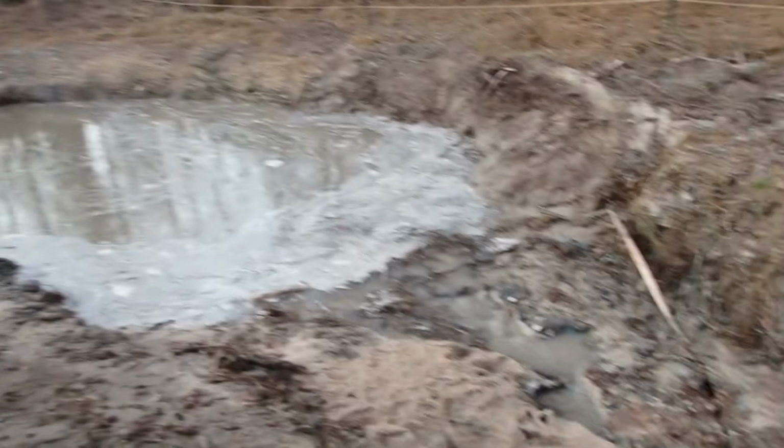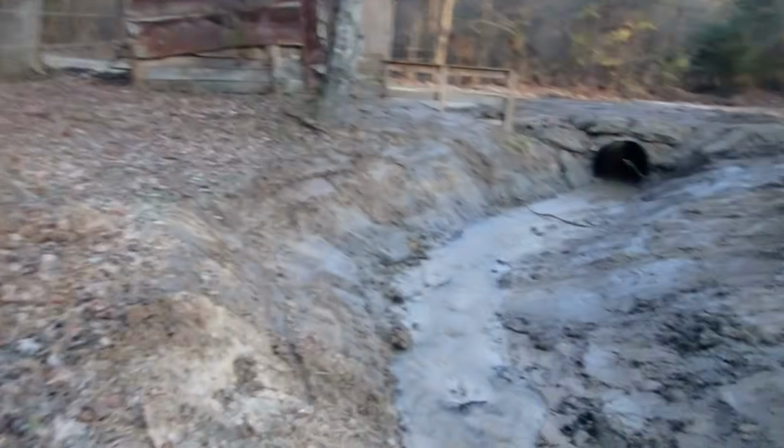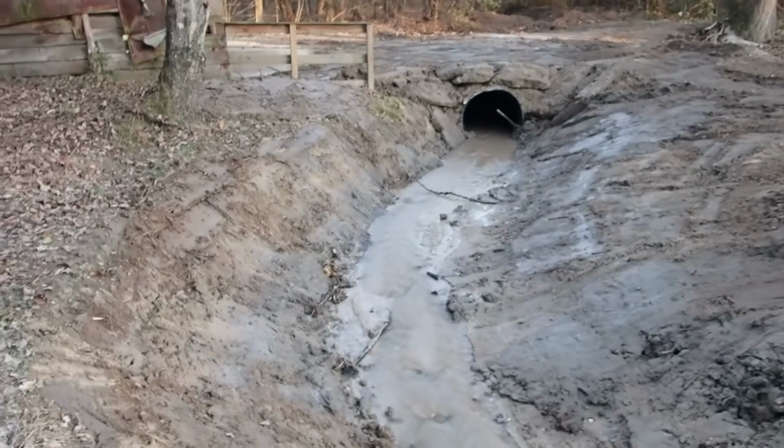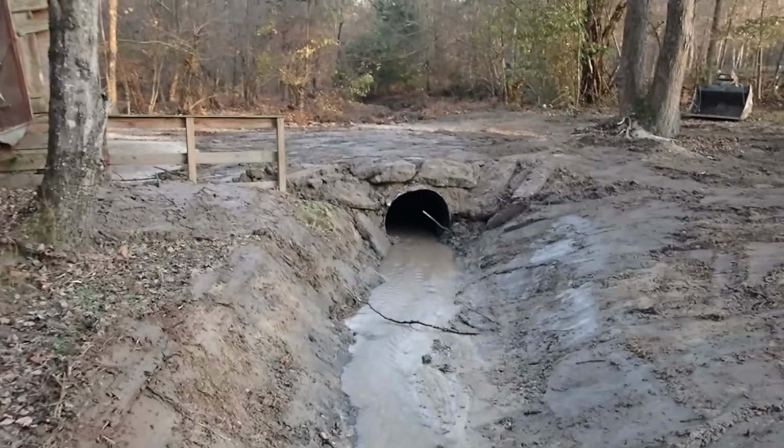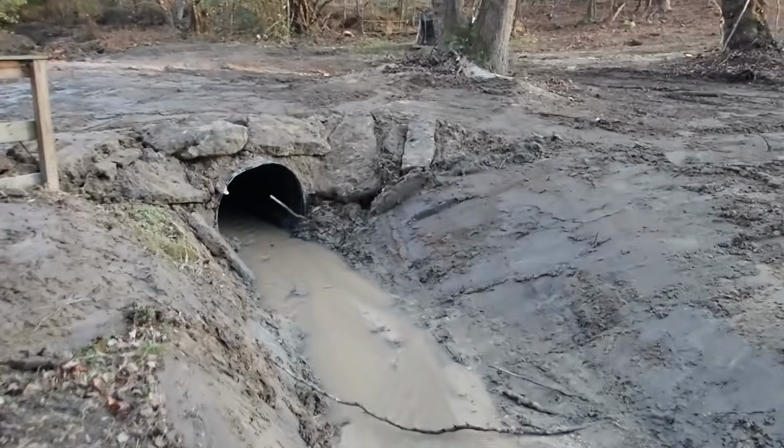That'll clean up probably overnight. Threw some concrete in there, maybe it'll kind of hold the grade a little bit better. Walk across here, might be able to see it a little bit better. As you can tell, it's got good flow. Hopefully that'll handle it